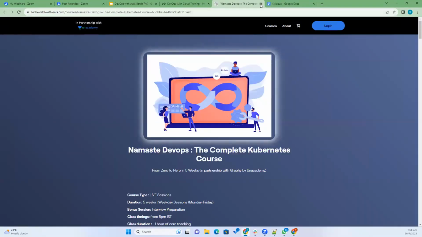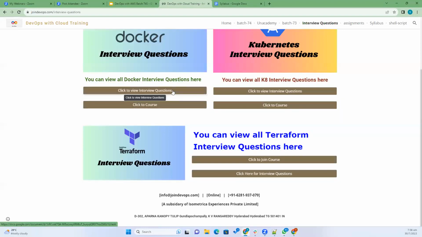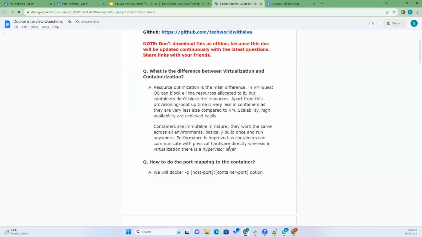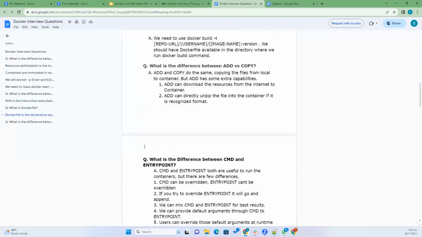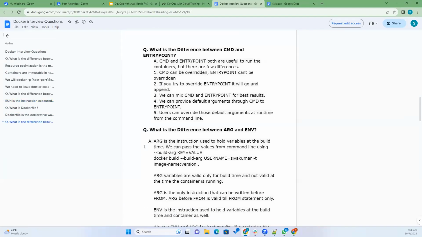These answers are like a general description of what you practiced, not a bookish definition. This comes from your practice, then you can say it confidently. With these many efforts, this is what we can do. If you follow these things, then definitely you can have a good career.